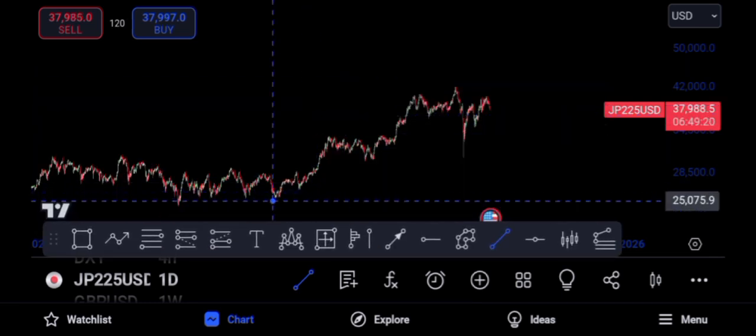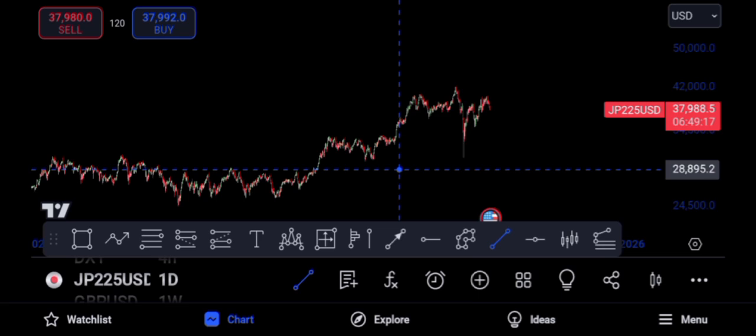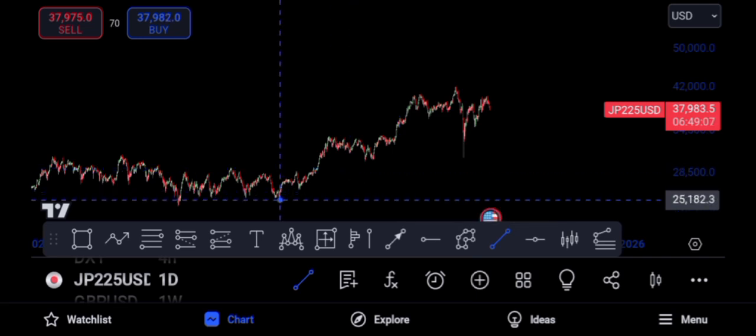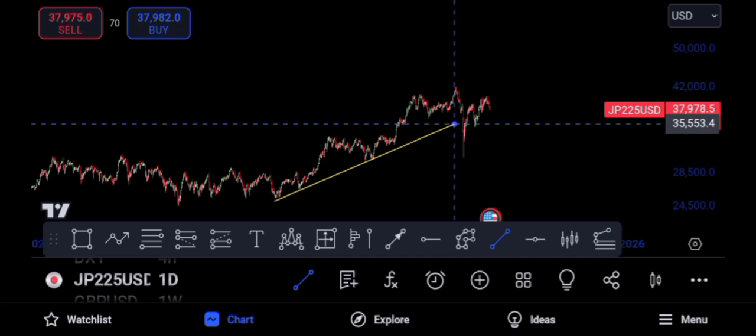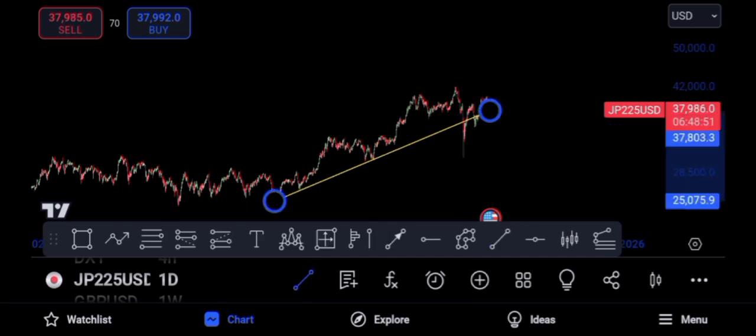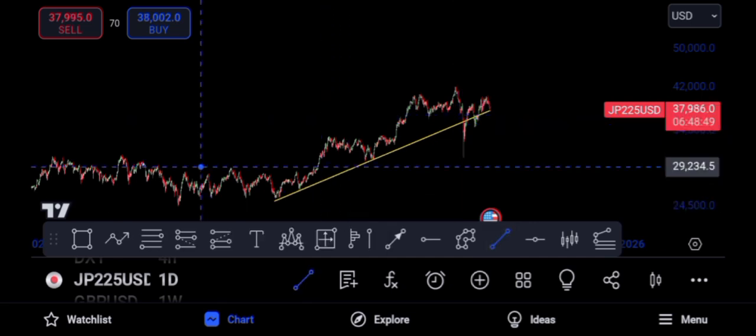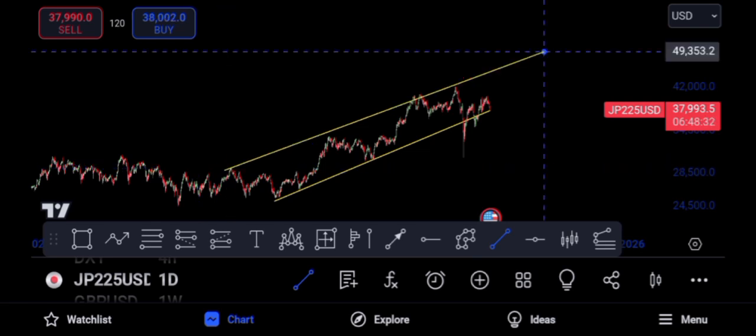So remember guys, in my previous video I taught you that for a trend line to be valid it needs a minimum of 3 touches. Okay, 3 touches or more. So this is how you can draw. Let's assume this is my support trend line. Okay, so that's my support trend line. Now let me draw in my resistance trend line. Remember we are using the support and resistance. So this is my resistance